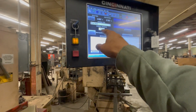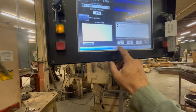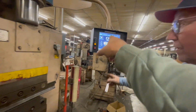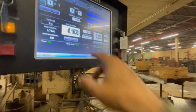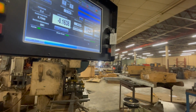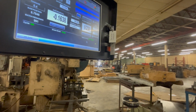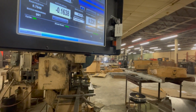And then I would, okay, we're not worrying about this. Then I would go back to edit and run. Yeah. Now I could go ahead and bend this piece if I want and look at that number. And that number right here is my depth, correct? It won't be at 90 degrees. Why? Because you're not set. It will be if you set it back to the same point. You see, now you've changed your